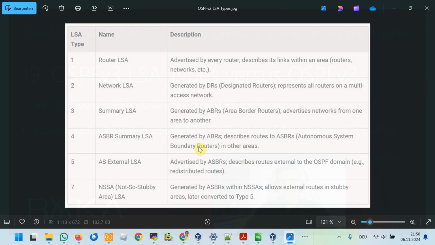As you may already know, LSA type 1, 2, LSA type 5, and also LSA type 7 are the most widely recognized LSA types in OSPF version 2. I will assume that you are already familiar with these LSA types, and in this section, I'm going to concentrate only on the changes in LSA types in OSPF version 3, which